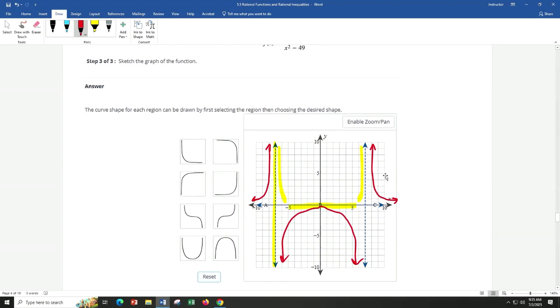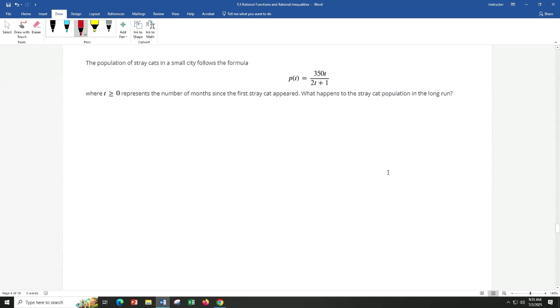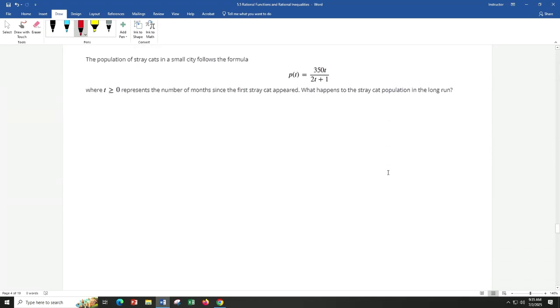Word problem. Population of stray cats in a small city follows this formula. P of t is equal to 350t all over 2t plus 1, where t has to be greater than or equal to 0, represents the number of months since the first stray cat appeared. What happens to the stray cat population in the long run? It's literally saying this. As t gets larger,